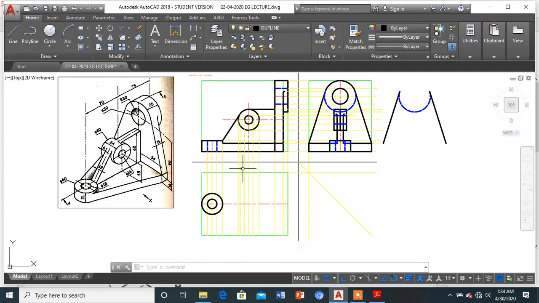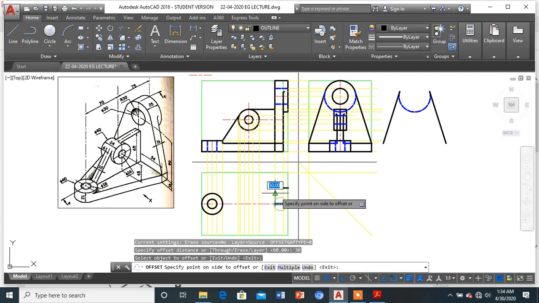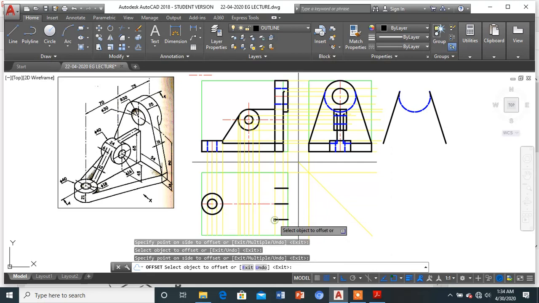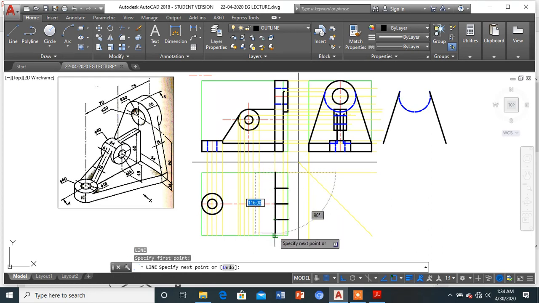Okay. So as you all can see, first of all, let's make this cylinder from here till here. I can draw the lines on both the sides by 30 mm each. Like this, 30 over here, 30 over here. Once we are done, I can simply extend this particular line from end to end.